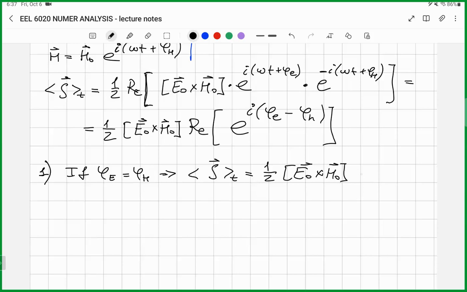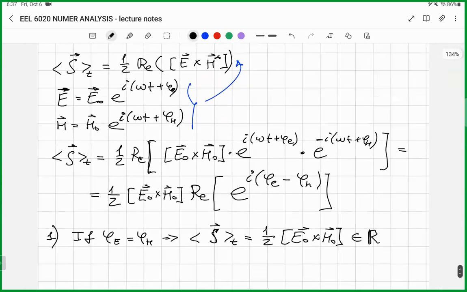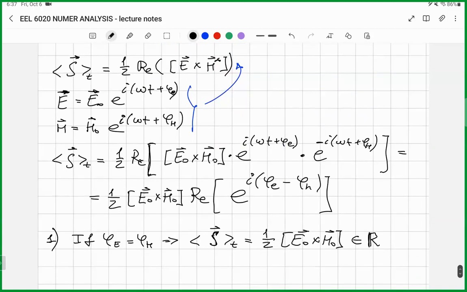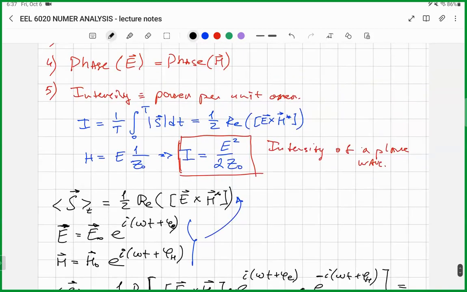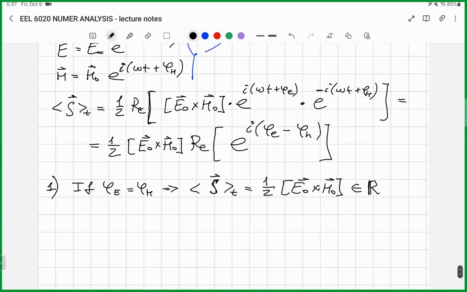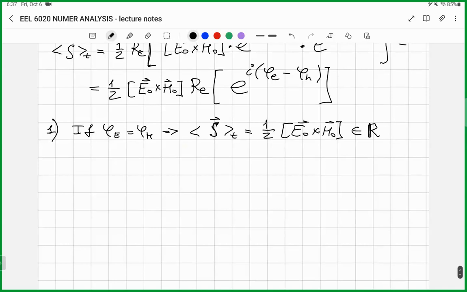And this is a real valued quantity. So the Poynting vector is real valued because the phase difference between electric and magnetic field is 0, and this makes the field propagate freely in, for example, free space, and this wave carries the energy in space. So it's a propagating field. But what if I